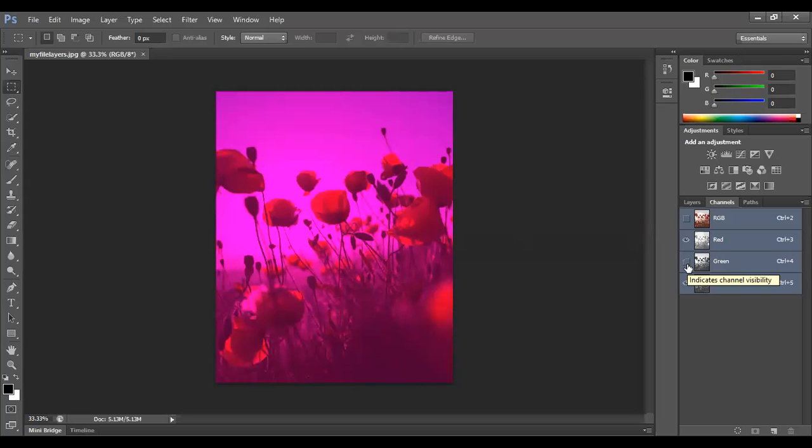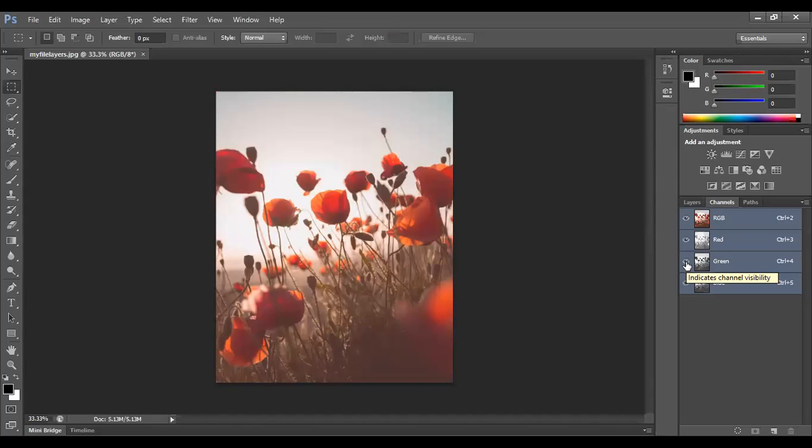Am I clear with this? This is called channels. Each layer or each image actually has a blend of red, green and blue, which are the main primary colors for digital media. And from here you can go about and modify how much of red, how much of green, how much of blue is present. If I want to tweak those things, I can actually modify it from the channel section. Apart from this, all three together combined make this image.